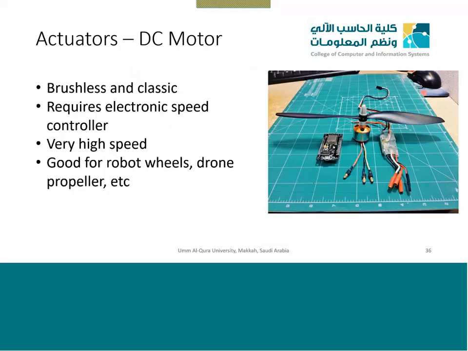We have a DC motor. A DC motor is high speed, but it is not very accurate. But for applications like a propeller for a drone, or a fan for a drone to lift it up or lift it down, or something in which you require high speed, we use a DC motor. It is the same as a stepper motor, but it is very fast and it is not very accurate. You cannot move it 1 degree or 2 degrees. Once you give it power, it will move maybe 1 or 2 times and then it will stop. You cannot control the flow exactly. In a stepper motor, you can just ask it to move only 2 degrees, 5 degrees, 10 degrees. It will have very accurate control. So in some applications we can use a DC motor.